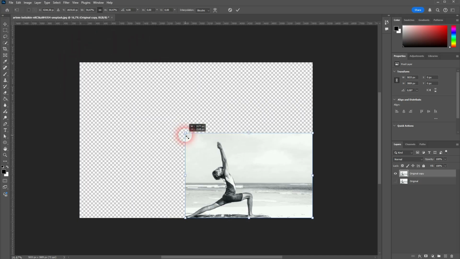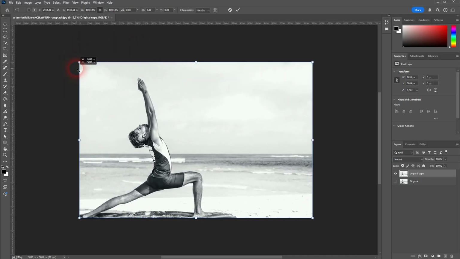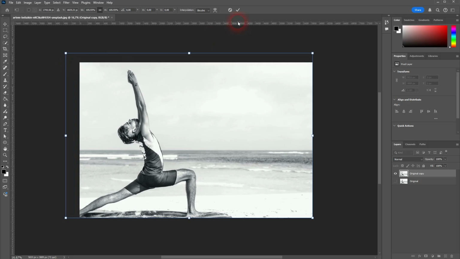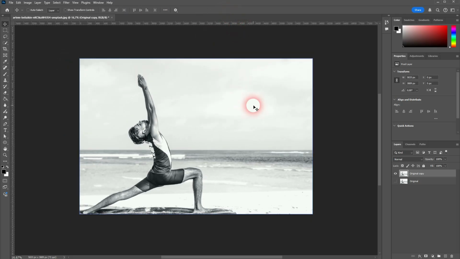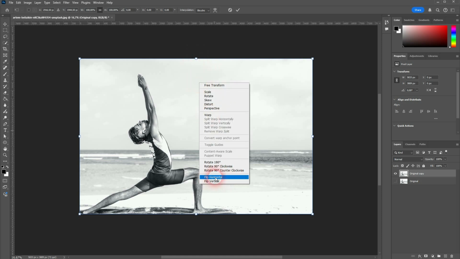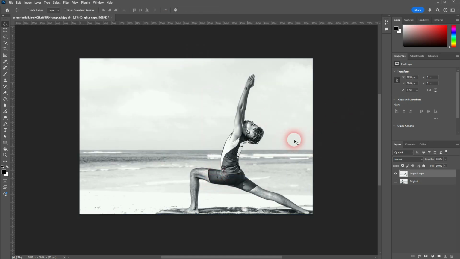This opens the transform options, so I can resize that and do other transformations. Right here you can cancel or confirm. We want to flip it, so again Ctrl T. And then right click on this image, and at the bottom you will see flip horizontal and flip vertical. You can press enter to confirm, like I did here, and here we can compare the original now to the